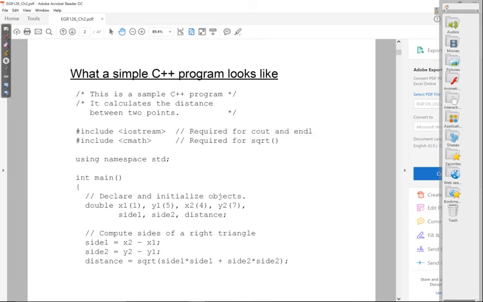and all it's supposed to do is take 2 points in the two-dimensional Cartesian coordinate space, right? So these points have x and y coordinates, and then it calculates the distance between these 2 points. Okay, and before we get into the details of this, let me just quickly describe exactly how the calculation is